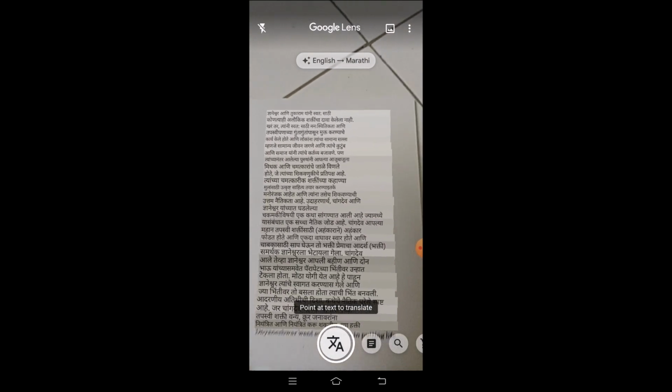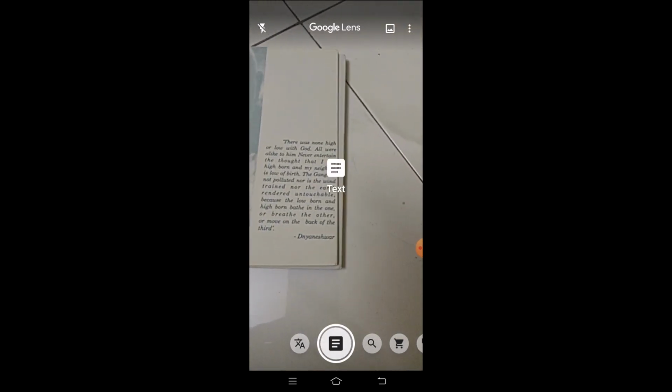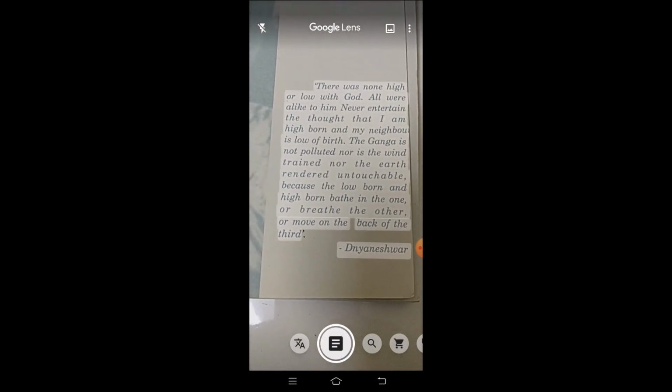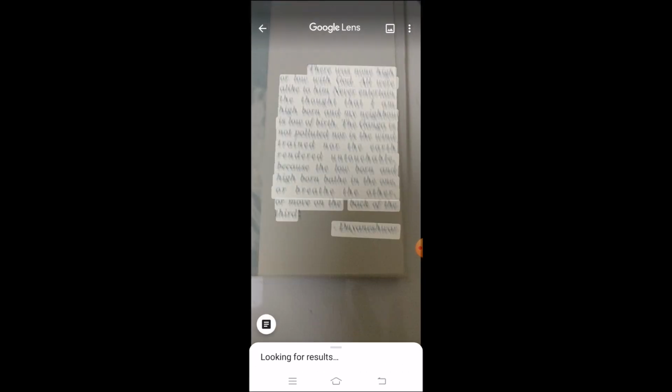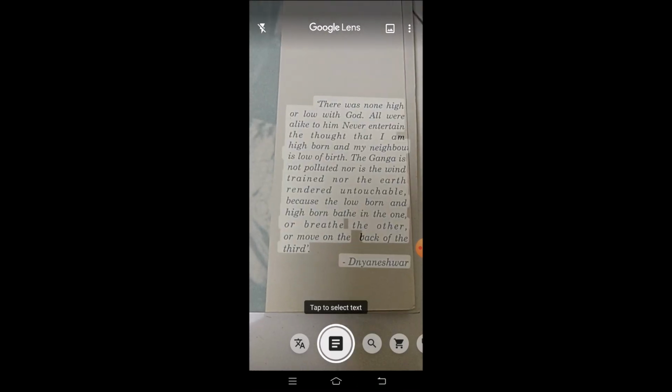Okay, now we'll move on to the next option, and that is text. Suppose sometimes it is needed for me to make use of some of the text. Just like suppose again I'll try to take the same text. So suppose this is the text it has captured, and I am trying to click on that option again. Unfortunately I have shaken the mobile, so I'll say no. Okay, again I'll choose the same paragraph.